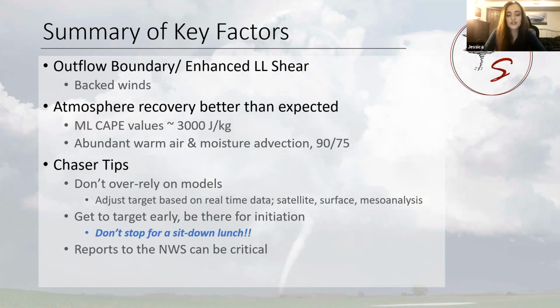So it's important to not become over-reliant on models and to do a lot more nowcasting with the satellite data, and really just read the atmosphere. What's the atmosphere showing you? That morning, later that morning, all you had to do was look at that outflow boundary to know that storms forming in this prime environment, with this outflow boundary here, could mean this could be a big day.